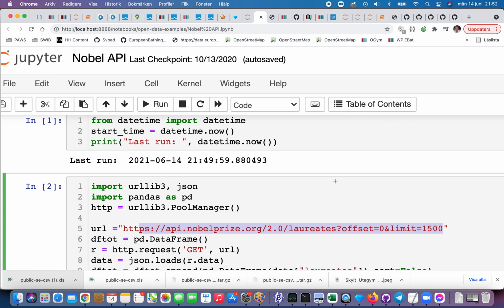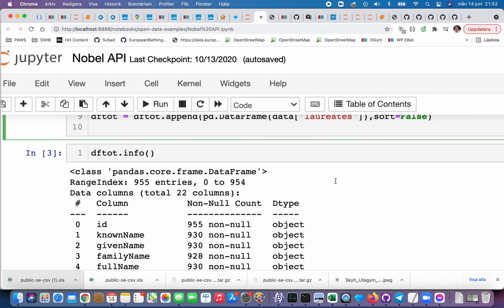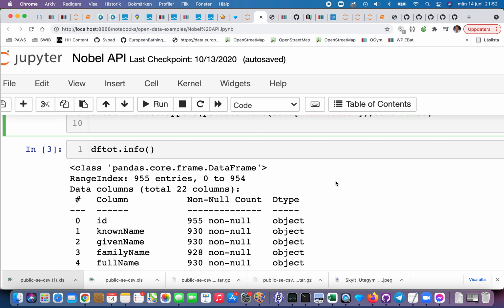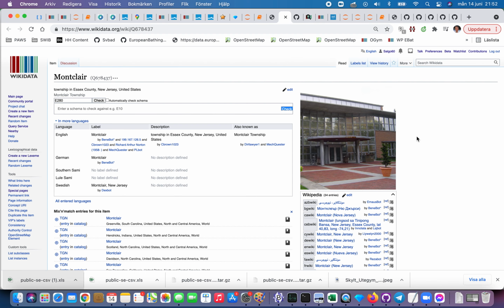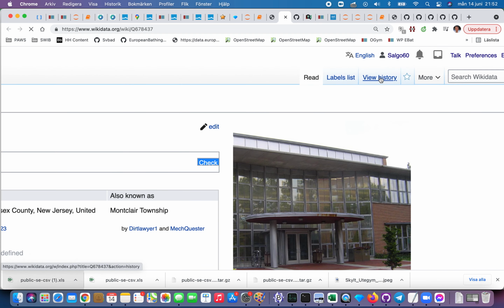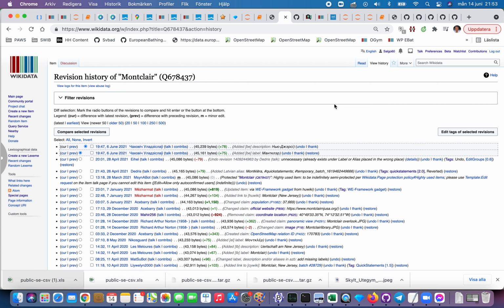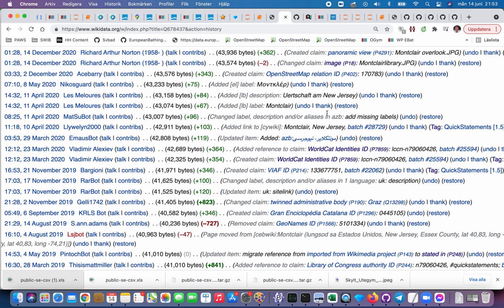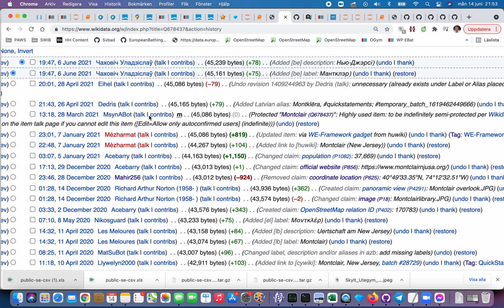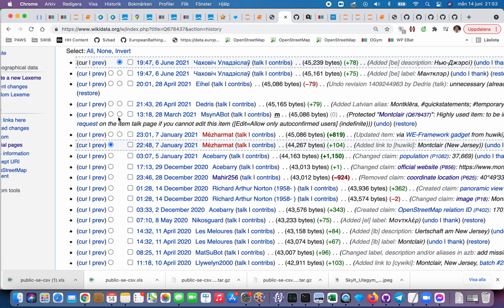So what happened was that I was running this notebook, and then I found out that we missed one Nobel Prize winner. It was last October, and the reason was that someone had changed something in Wikidata, and it was a vandalization. And then another person did a rollback, but he also rolled back that the person was a Nobel Prize winner. Because what we have down here is that we have versions for everything. And that may be one reason that, it's like GitHub, that you get a really good, you can see that when this was changed. And I can also compare